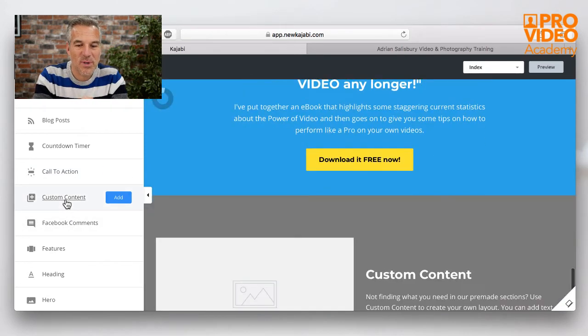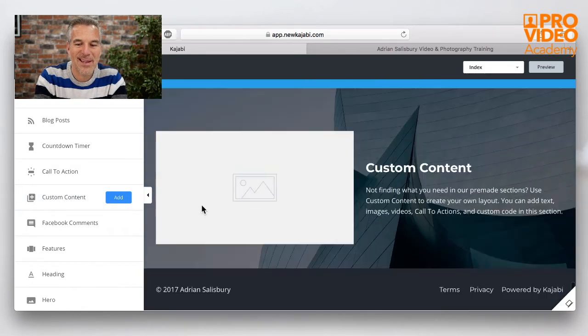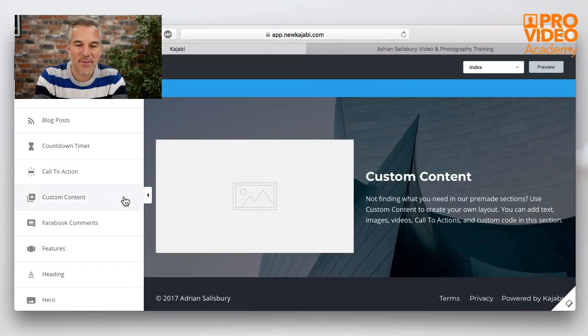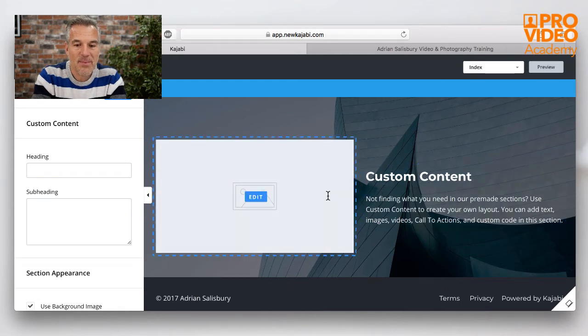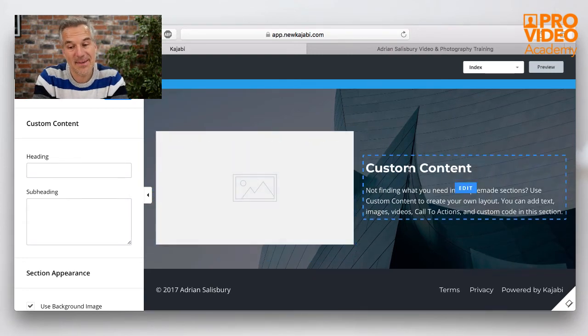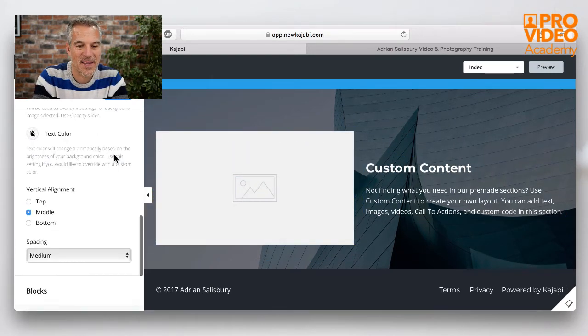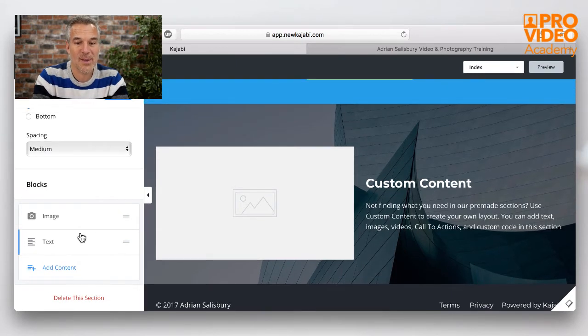Custom content. Now this is one that I struggled a bit with, so let me help you out with this. I'm going to add this one in for now, and it will always just stick it at the bottom of the page, and then you drag it up and put it in whatever order you want. So in my call to action, I wanted to have a video and text. I think I'd seen on James's site that he was doing it, and I thought, how do I get text and a video sitting side by side? And I got there in the end. But by default, there's an image and then there's text. And what this is doing over here is I've got two blocks within this custom area. I've got an image and I've got text.